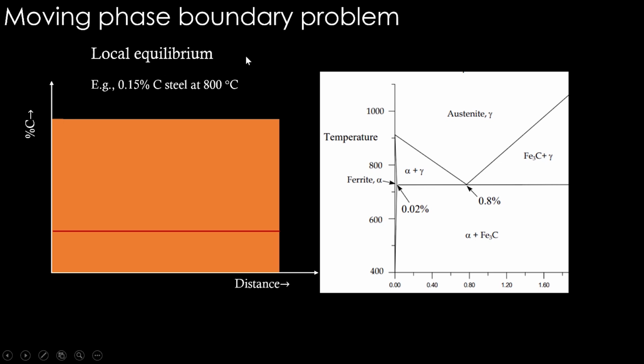Okay, so we saw this example of local equilibrium in the last class. Here we have this steel material and the percentage of carbon is indicated here. This is 0.15, that's the overall composition throughout the material. If the material comes from a high temperature, let's say this is the overall composition, we keep it at a very high temperature, so it is completely austenite, and then from there we are going to bring it down to 800, and that's where we can put a tie line.